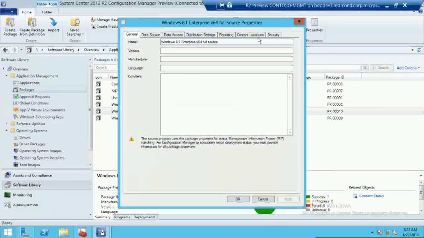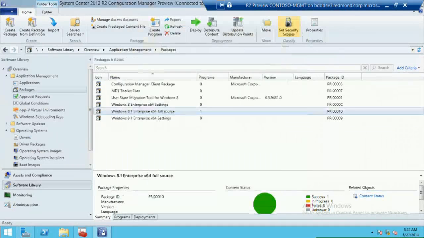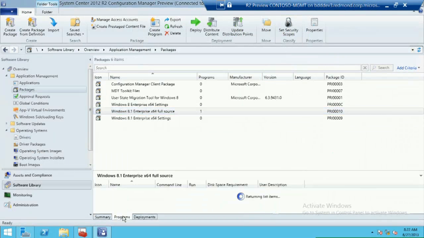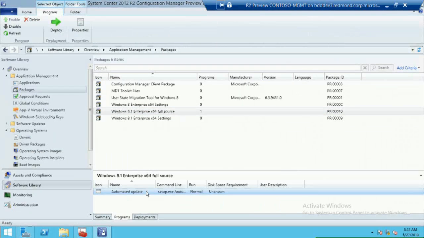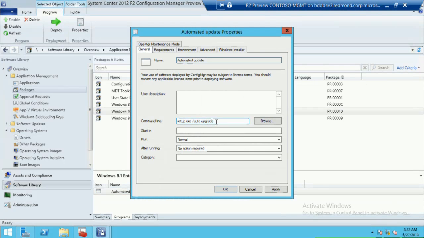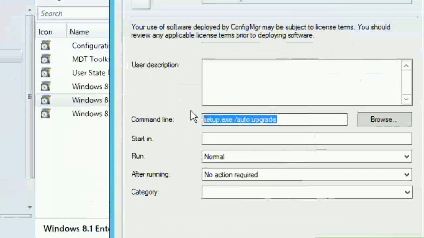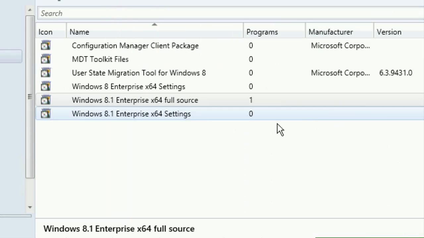So I have one program defined here, which I can see down below, called Automated Update. If we look at the command line that's specified there, not a lot to it. I need to specify setup.exe /auto:upgrade. That's all that's necessary to take an existing 8.0 machine to 8.1. So I've created that, and then I've deployed that